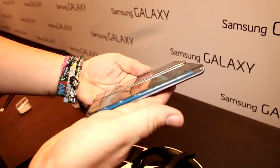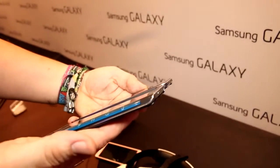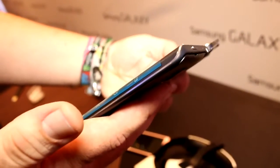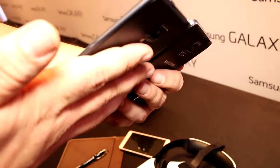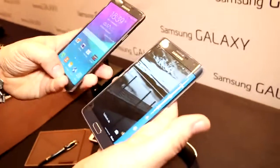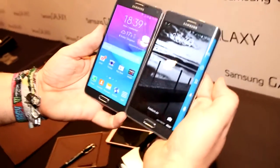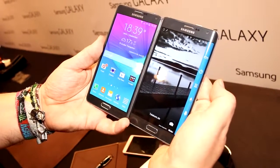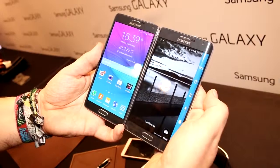So size is a tiny bit different. Up here you can see there's like 2 millimeters maybe in the height difference. Thickness should be pretty much the same, weight is pretty much the same, and the other specs are also pretty much identical. Yeah, so I was rolling with Mobile Geeks, checking out the Galaxy Note Edge at IFA 2014,